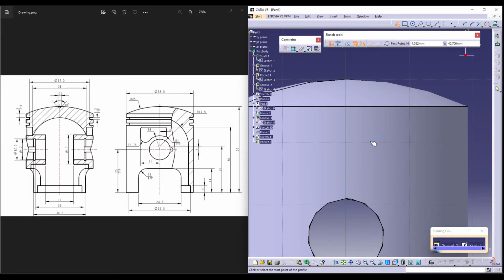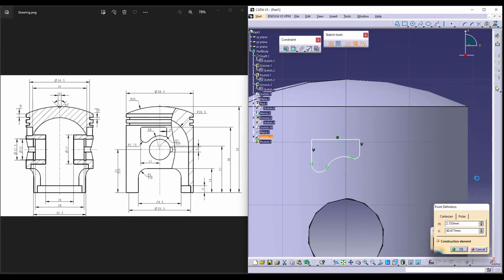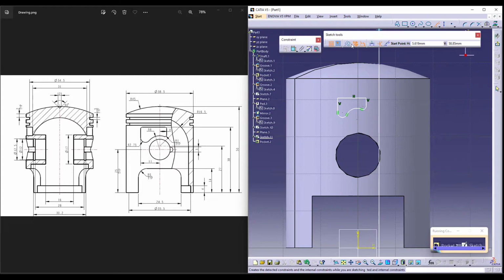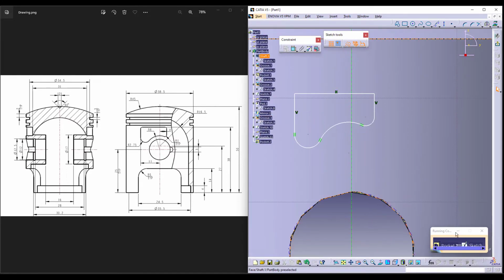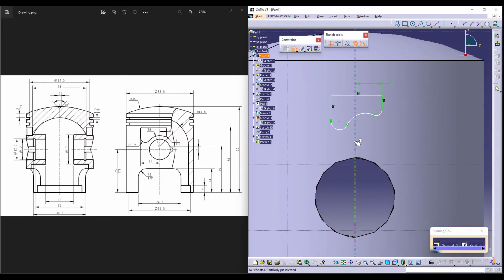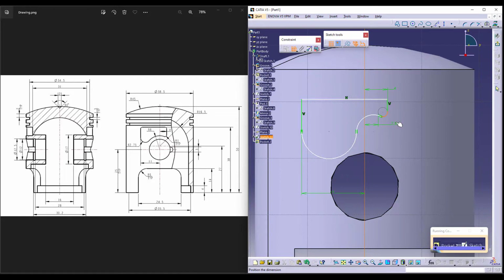Now we have a shape which goes like this down with R75 and another arc and another arc and then goes straight. This is my profile. Okay, let's give dimensions one after the other. We know the center. I'll use an infinite line for the center because it's a little far away from me. Now I'll give the dimensions with respect to this: this to this is supposed to be 4. Now we know from here to the end is supposed to be 11, and this is supposed to be 1. This is supposed to be 2.75,